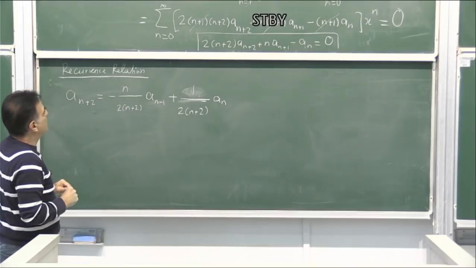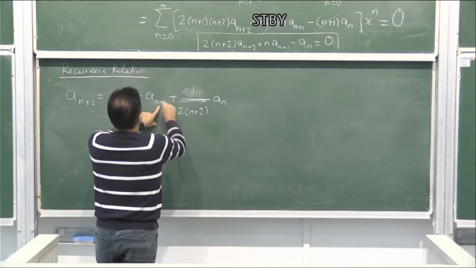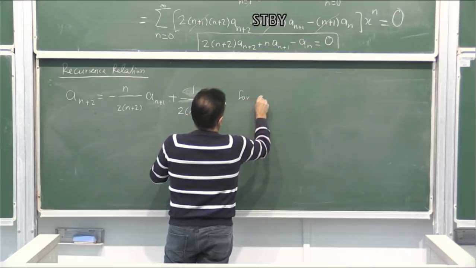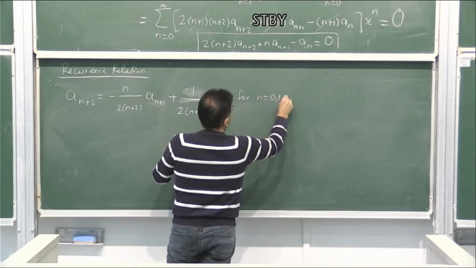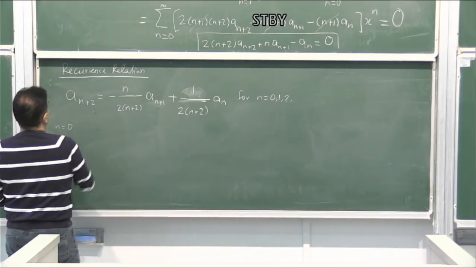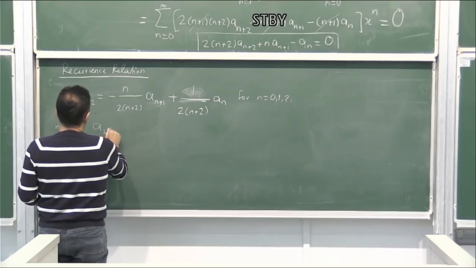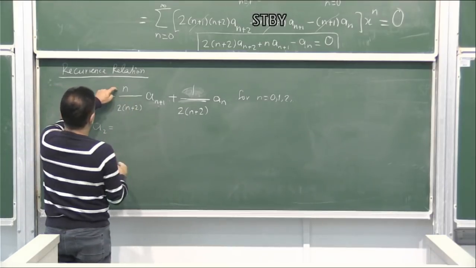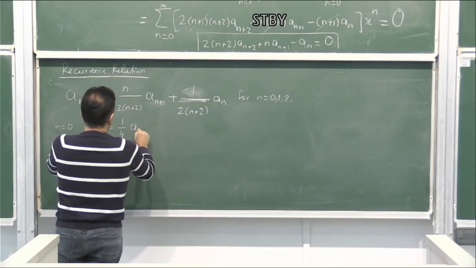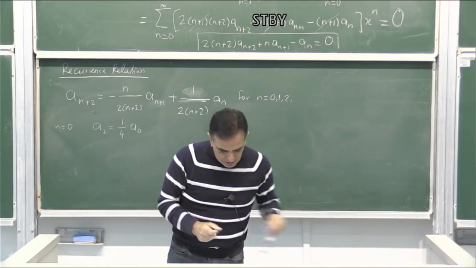Correct? This is minus n, plus 1, and this is a n. Okay. For n equal to 0, 1, 2, and so on. Okay, so starting from 0 to solve this recursion, we have a2. When n is 0, we have 1 over 4, a0. Good. So a2 is written in terms of